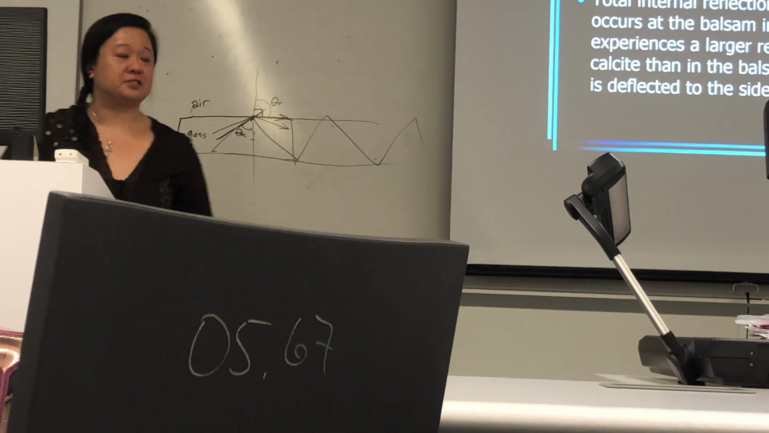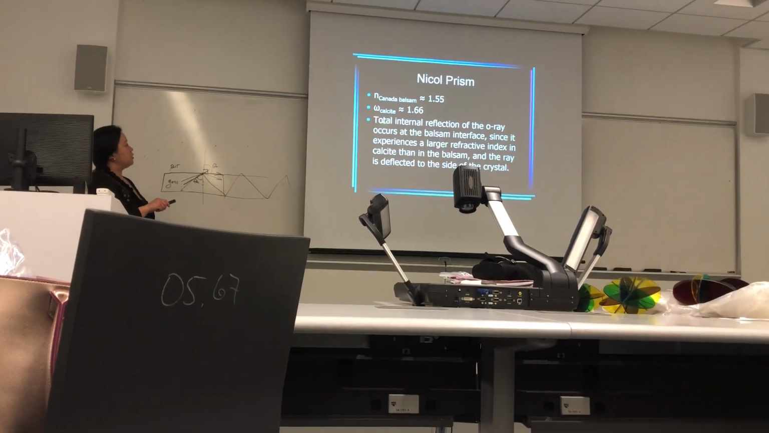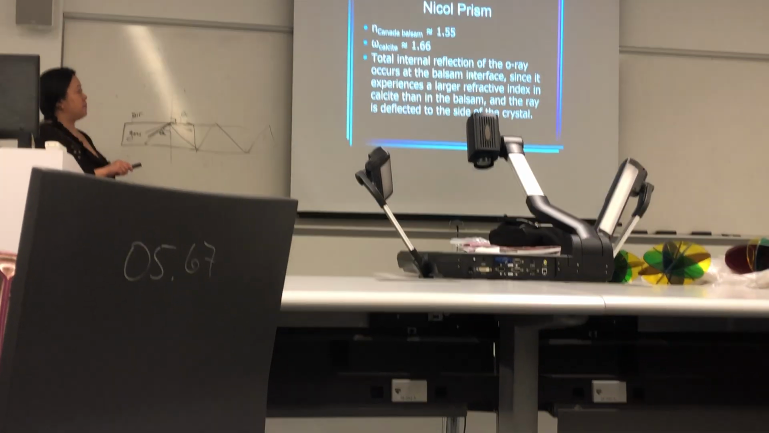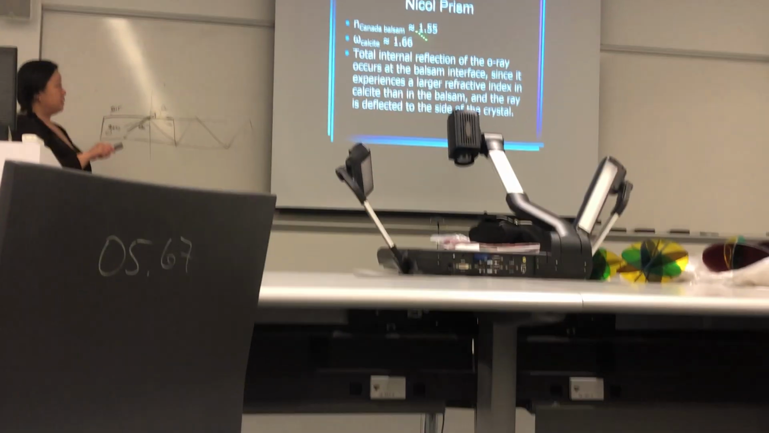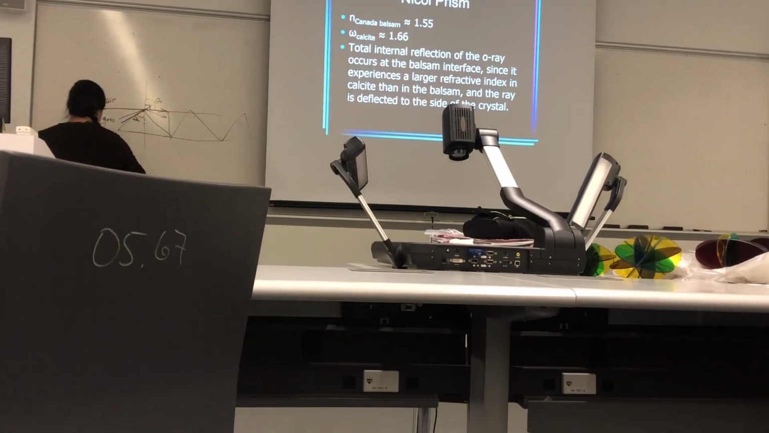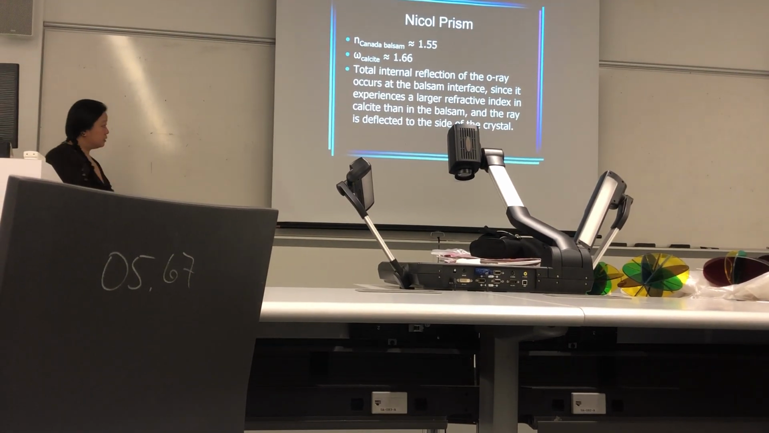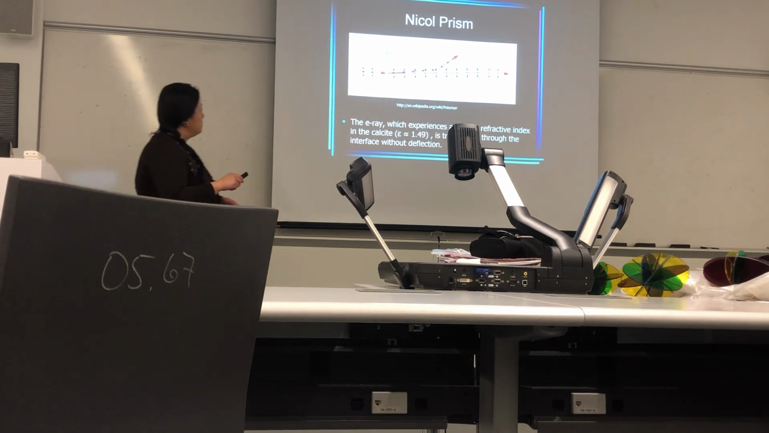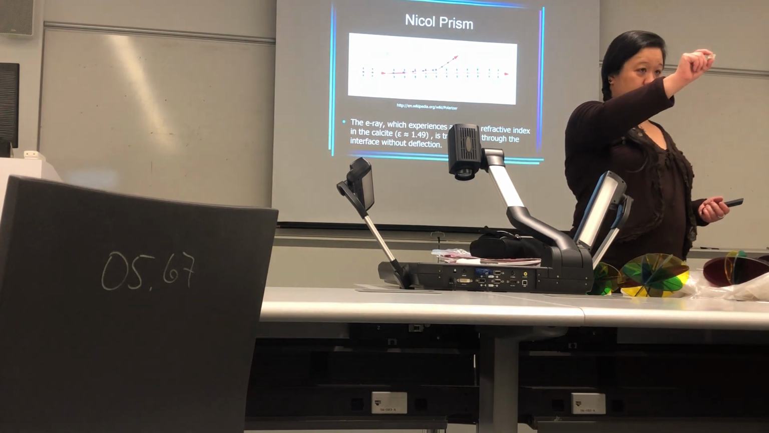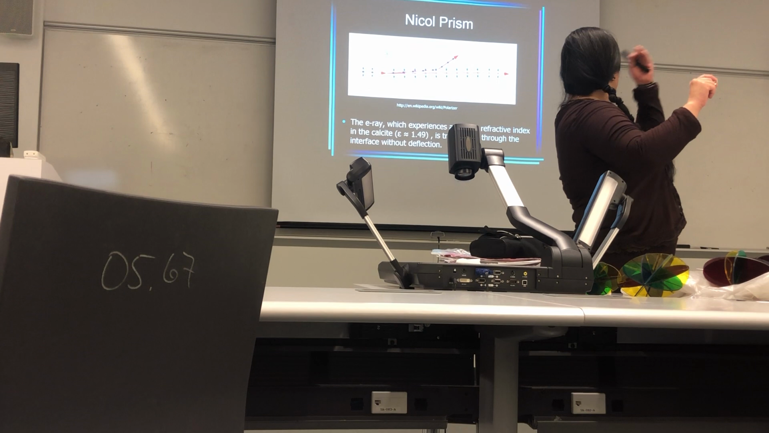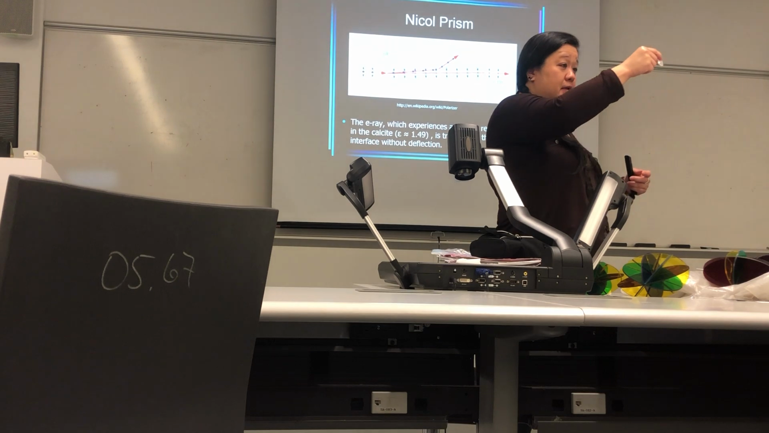So that was a little review of the physics of it all. Total internal reflection of the O-ray occurs at the balsam interface since it experiences a larger refractive index. See? Omega 1.66. So if we want to adjust, actually, I think I probably have the picture here. So this would be the depiction of my nicol prism, okay? And it's going from upper right to left like that, okay? And as I send light through it,